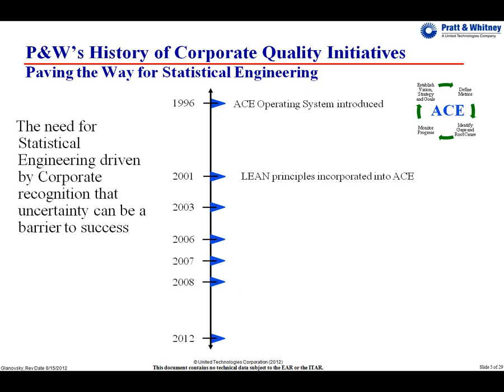So after about 5 years of slowly working the ACE operating system into our company, we adopted lean principles into it as well. And that changed a bit of the focus so that now, in addition to quality, ACE was concerned with how can we reduce cost and waste of time. And of course, the big lesson that came out of that was the earlier you can catch a problem with a design or a product, the earlier in the design phase you catch it, the more money and time you save yourself. Obviously, the later and later you catch it, the more work you have to do to undo what has been done.